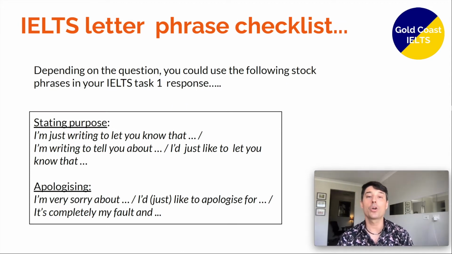So depending on the question, you could use the following stock phrases in your IELTS Task 1 response. So firstly, we have stating a purpose. You could say, I'm just writing to let you know that, or I'm writing to tell you about, or I'd just like to let you know that. If you need to apologize for something, you could say, I'm very sorry about, or I'd just like to apologize for, or it's completely my fault